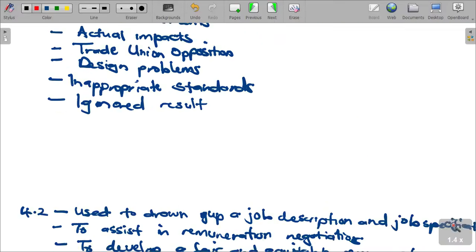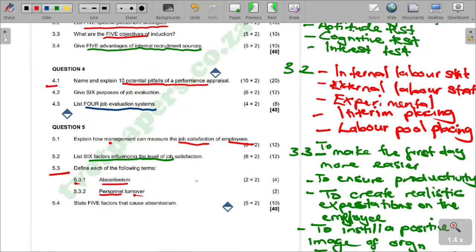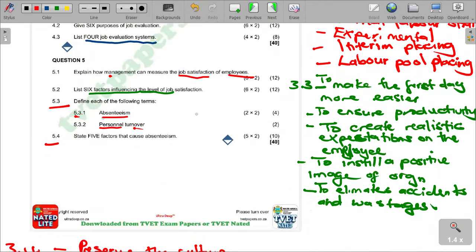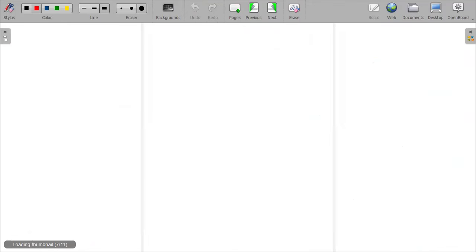Right. Let's go to question 5.4. State 5 factors that cause absenteeism. So we are going to discuss factors that might cause absenteeism. Right. The factors might include